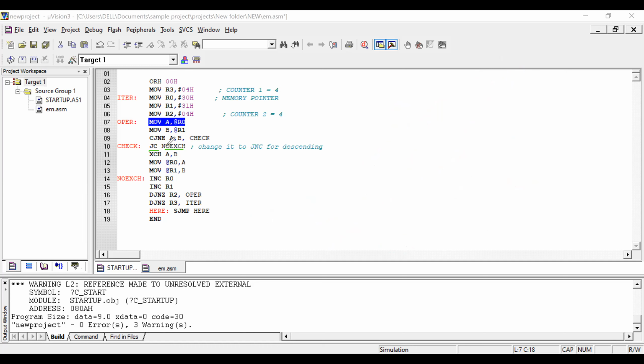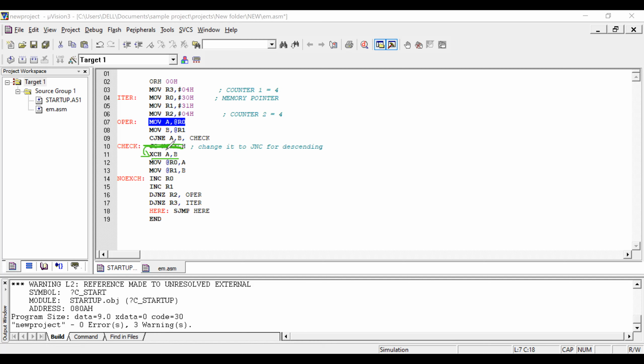Jump if carry, no exchange is the label. So it will move to here, but there is no carry. So this will not execute. It will come to here and I am going to exchange here.